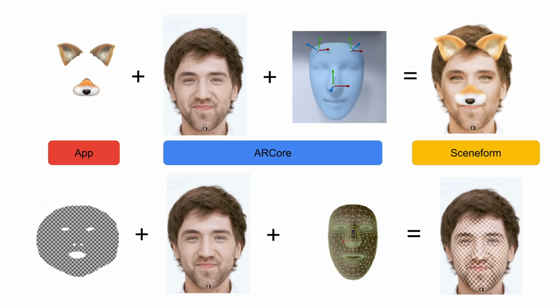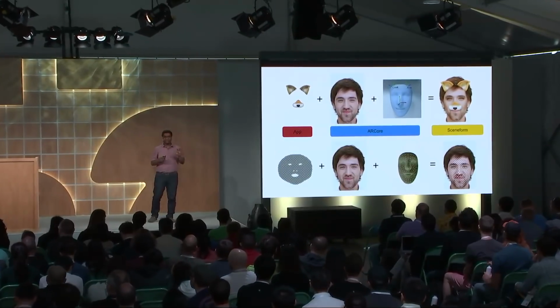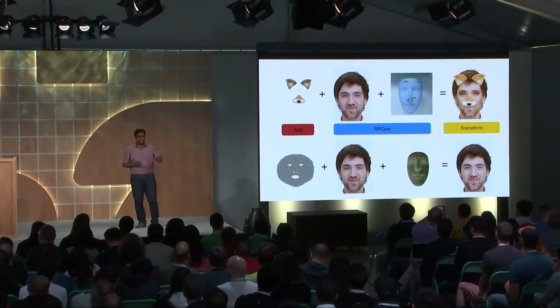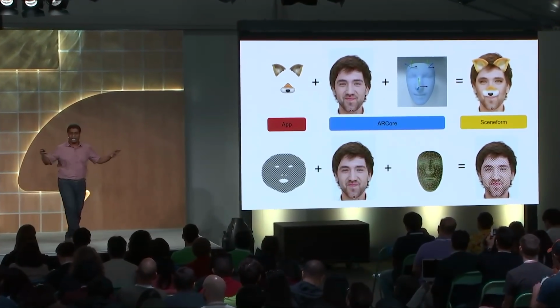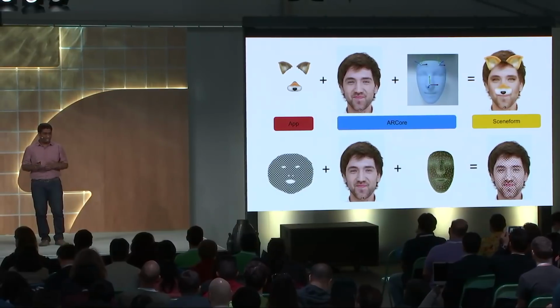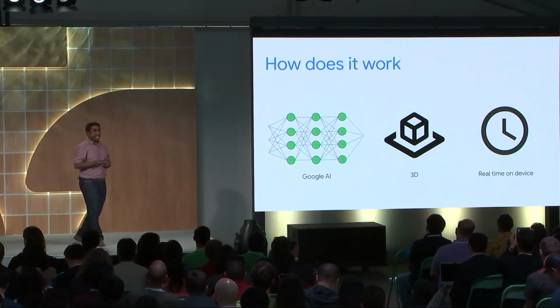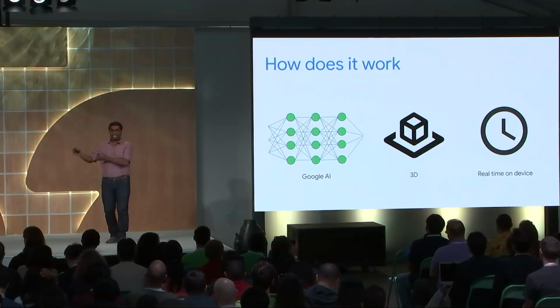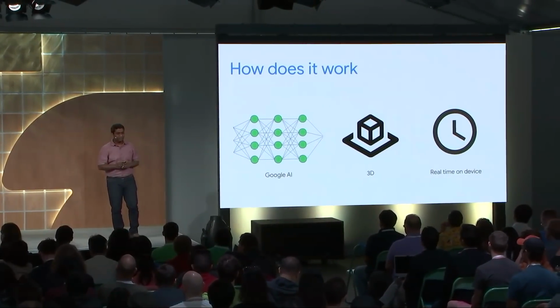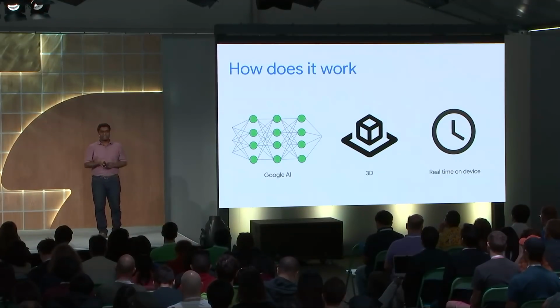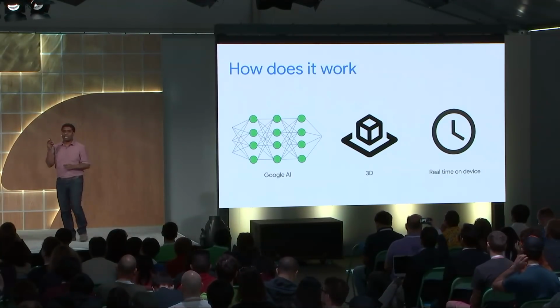In summary, ARCore provides region poses and face mesh, the app developer creates the virtual content, and we have Sceneform, Unity, and Unreal to combine all these into a composite image. How does it all work? How is ARCore able to provide a 3D face mesh from a 2D image without any depth hardware? We use machine learning models that are built on top of the TensorFlow Lite platform to achieve this. And the processing pipeline is optimized to run on device in real time.